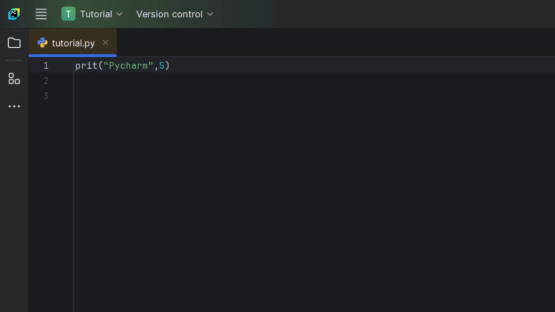Let's say if I misspell the function print, it's going to cause an error: name print is not defined. But once you have print, you see print exists in the Python database, and that's why it's a function, and Python is able to run it.